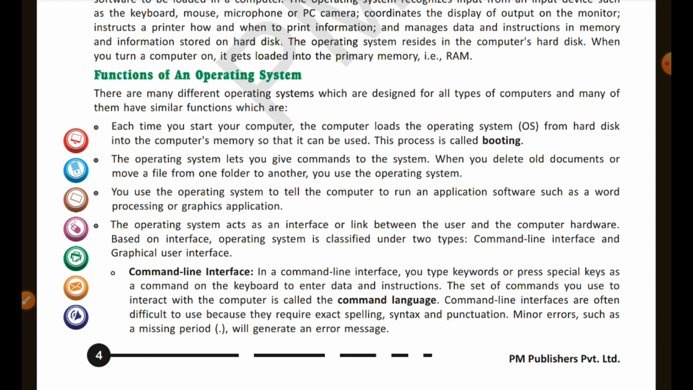Means जब हम एक फाइल को दूसरे फोल्डर में डालते हैं या एक फाइल को डिलीट करते हैं या रिस्टोर करते हैं, हम किसका यूज कर रहे हैं? ऑपरेटिंग सिस्टम का. Means all the main tasks, all the basic tasks performed inside a computer are being coordinated by